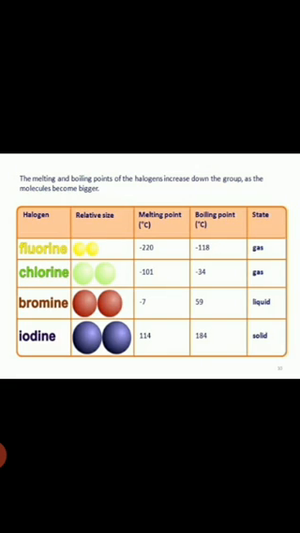Now, the melting and boiling point of the halogens increases down the group as the molecule becomes bigger. So, you can see here the relative size. The fluorine molecule is smallest, and the iodine has the maximum size, right? And if you see the melting point, it also increases as we move down the group, and the boiling point too increases as we move down the group,